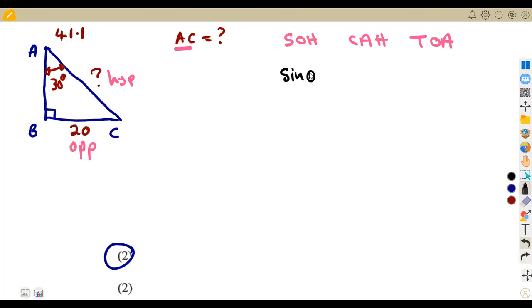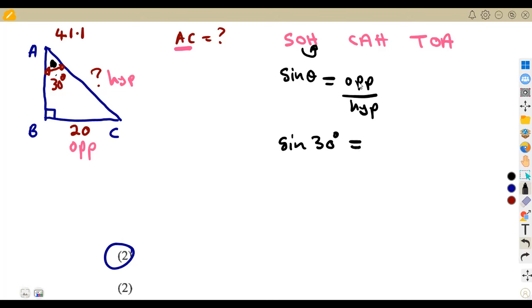So it is the sine of theta, which is the angle, is equal to the opposite over the hypotenuse. So I told you guys, you write down your formula, then you substitute what you're given into the formula, where theta is the angle and our angle is 30 degrees. That is the angle that you used. Remember, you used this angle to name these sides. So you work with the angle that you used, which is sine of the angle of 30 degrees